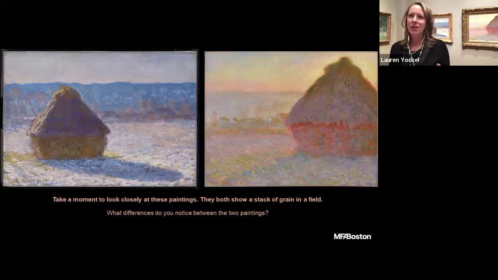So it does look kind of like, I think some people earlier were describing, it looks like a hut. It's a big stack of grain that was left in the field after harvest. And Claude Monet, within the span of about 1 year, made 25 different paintings about these grain stacks. So within 1 year, he made 25. I just have the two examples here at our museum to show you, but he made about 25 total.